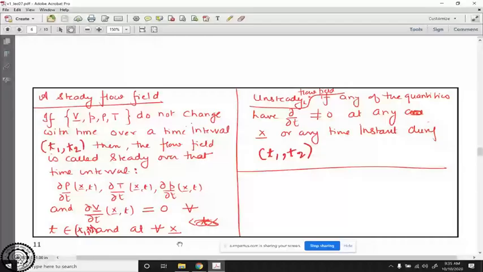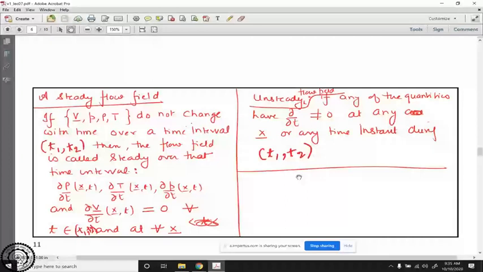Okay. So it's quite a demanding definition. And if any of these are not true, any variable has a partial derivative not equal to zero at even at one location and even at one time instant, then we should conclude that during T1 and T2, the flow